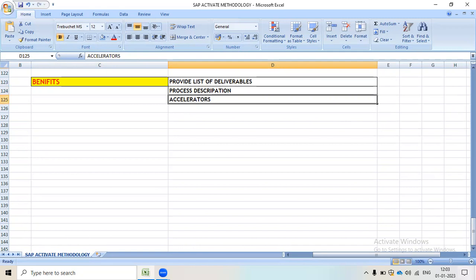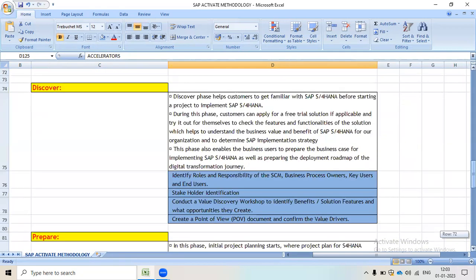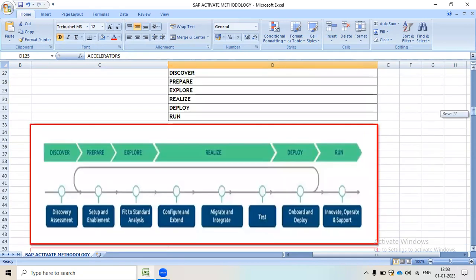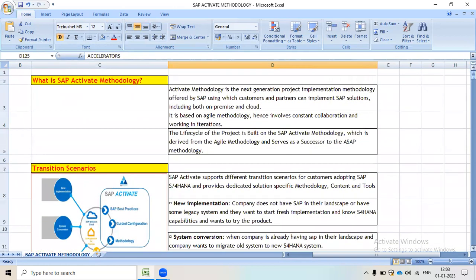By using the SAP Activate methodology, we can implement our project in an easy and very smooth way, and we can convert our SAP system and get the new SAP S/4HANA system.